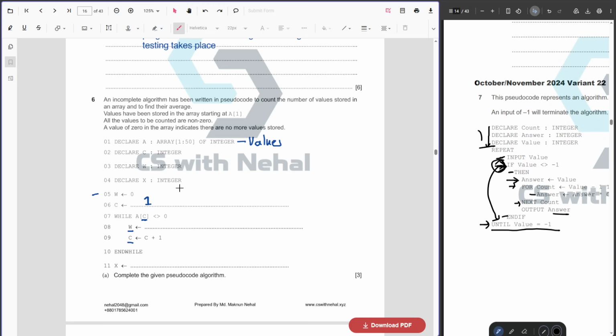While C is representing the index. Alright, and X is being set to something, and the algorithm has to find the average, right? So we need to find the average of the numbers. So the formula is what? We divide the total by the count to get the average. So if this is the average, W will represent the total since we sum this up. So W is equals to W plus the array element, right? W plus array element, which is A[C], and X is being set to